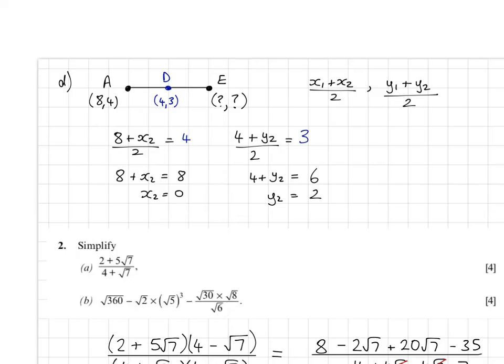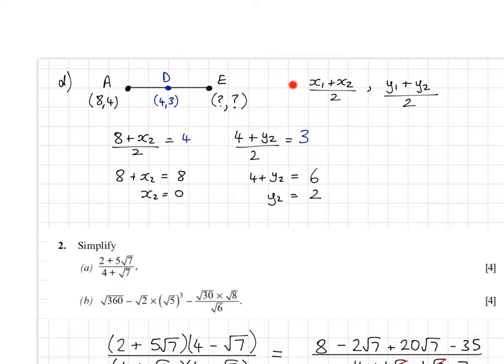For part D, I've drawn something that's definitely not to scale. I've just drawn something to get my head around what's going on. It said that D is the midpoint of AE, so what I did was I just drew a very generic line. Obviously this isn't done to scale because 4 clearly comes before 8 when we're doing a scale, but I said this is my line AE, I know that the midpoint is 4, 3,